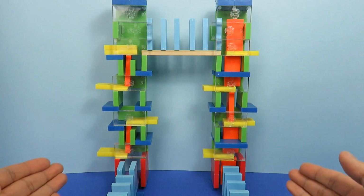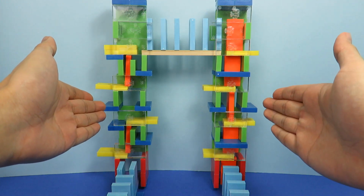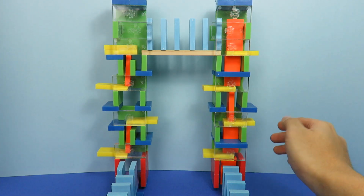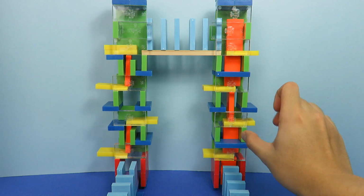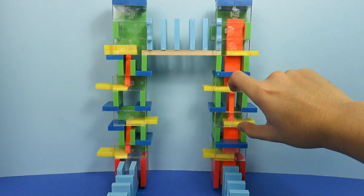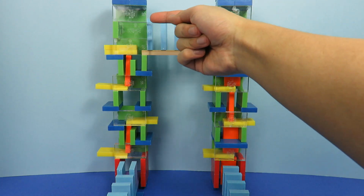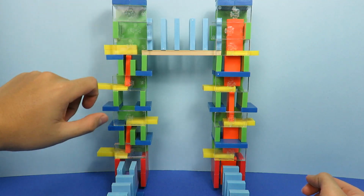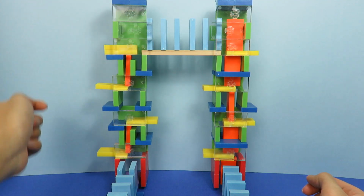Okay, so the way this is supposed to work is pretty apparent, I think, this time around, because you already know about both these towers, presumably. So what we're going to have is a rally going that way. It sets off this breakaway tower, causing the yellow dominoes to pivot upward and the orange dominoes to tilt within the frame, eventually causing this orange domino to fall that way, causing this blue domino rally to start. And then this domino that's spaced far enough away from this domino will fall down and hit this couple of